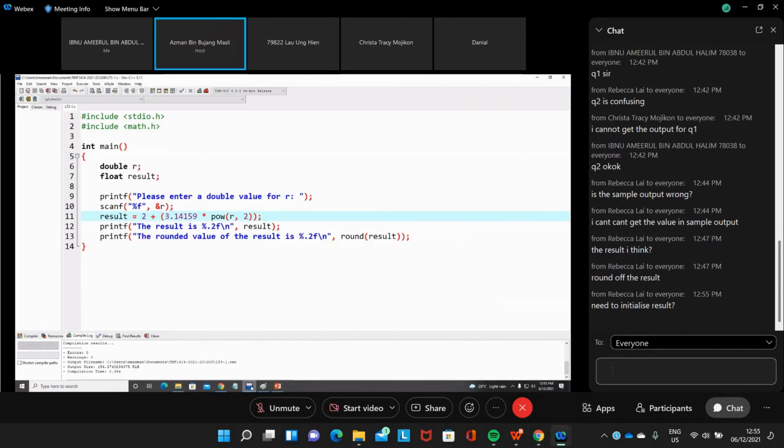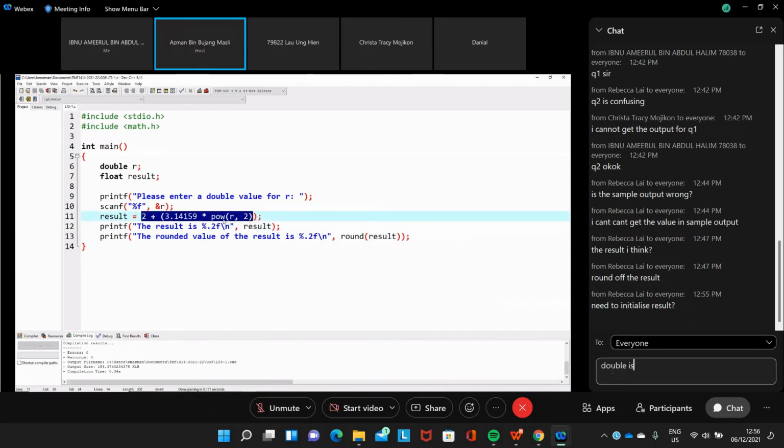We don't need to initialize result because result actually will be assigned this value when you do the calculation.